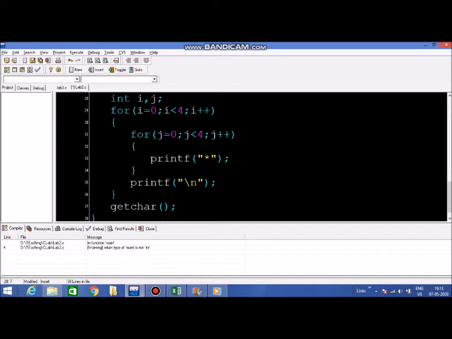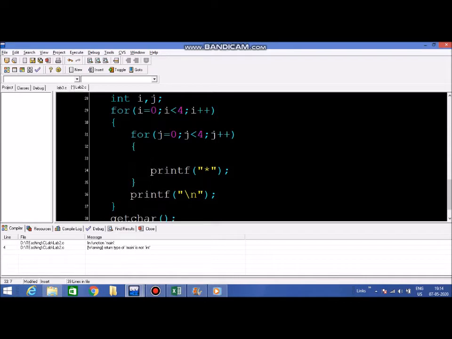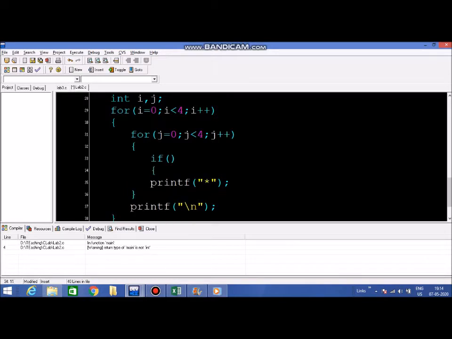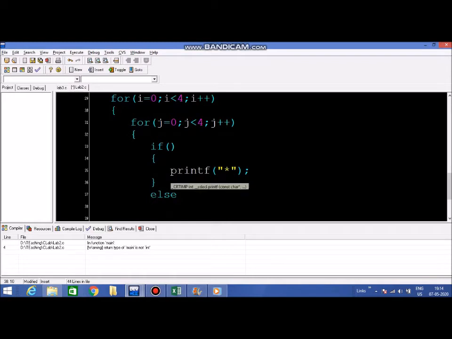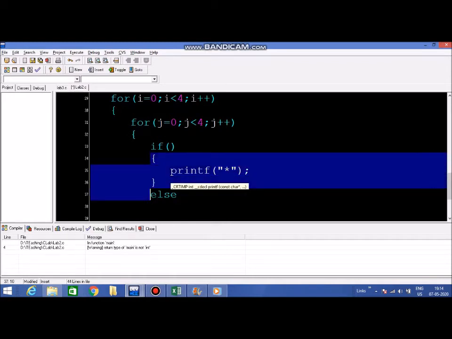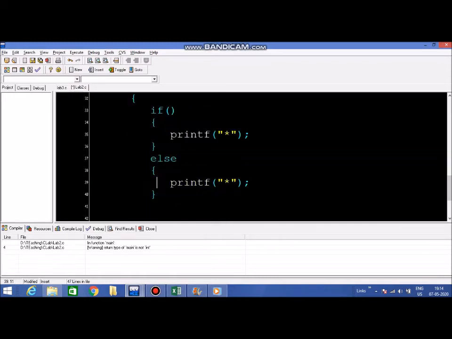Now this loop is going to run 16 times, that we know. We ideally need an if condition, and this if condition will basically either print a star or print a space. Else it will print a space.